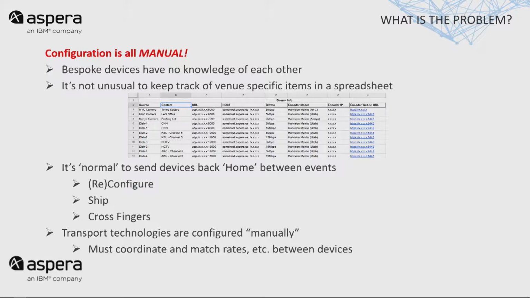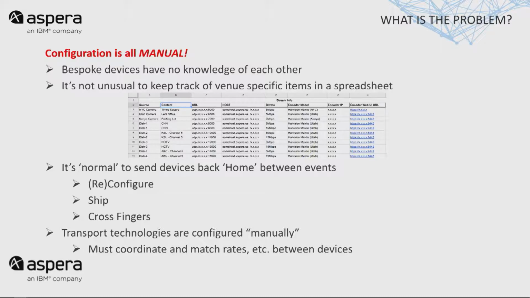And when we'd reconfigure the devices, we always had to bring them back, right? Because when you get someone on site, you don't know if your VPN is going to be up right away. You want stuff to come up right away, even if the VPN is not and you can't get into it. So everything needs to come back today to be reconfigured for the next event. And that could be bitrate settings, number of inputs, destination and source. And then all these technologies are manually configured. So you need to match rates, you need to match devices, you need to say I'm expecting this rate to go and this rate to come in. It's manual, manual, manual, a lot of processing.